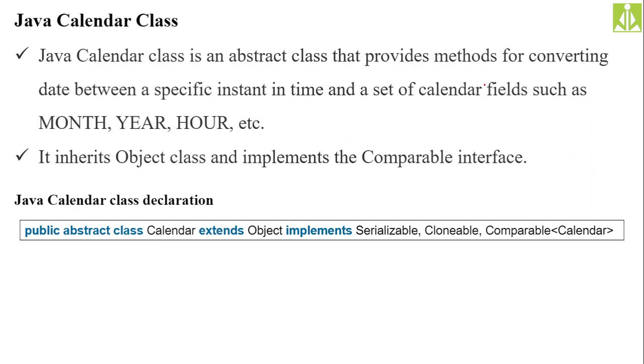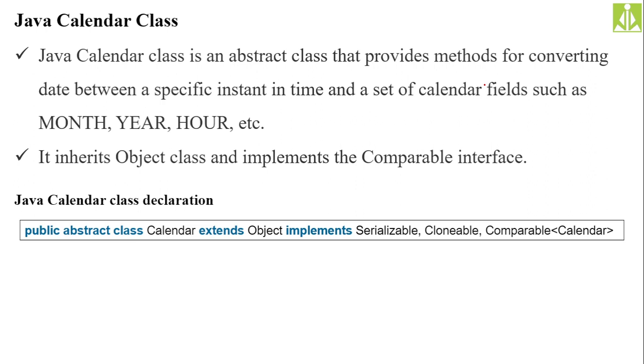Likewise, if you need only the minutes, or if you want to make your application use a specific portion of your date, a specific instance of your date, not only date but also the time. So if you need a specific instance of date and time inside your program, we have different fields defined inside this calendar class. With the help of those fields, you can get that specific portion, like month, year, hour, etc.